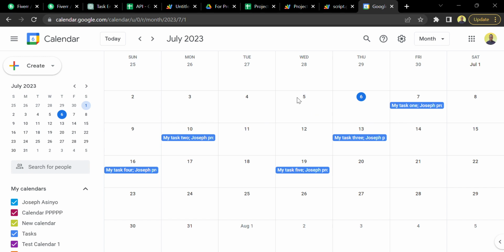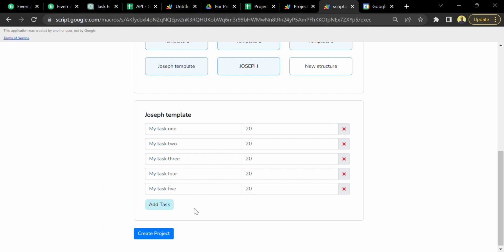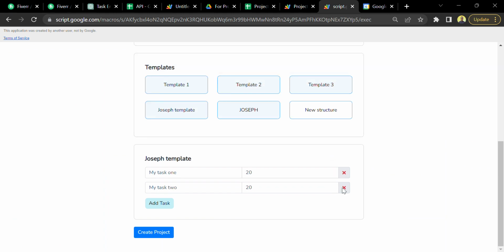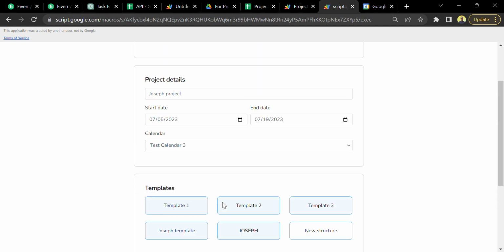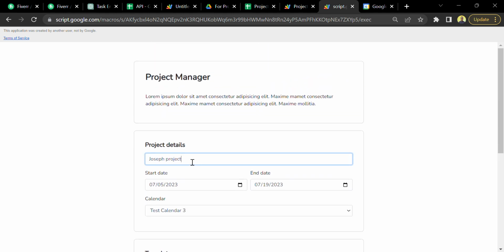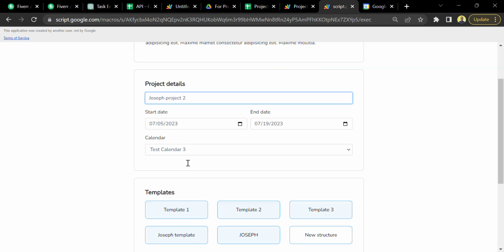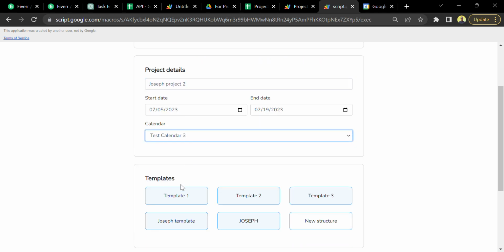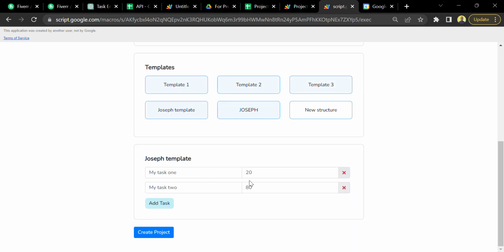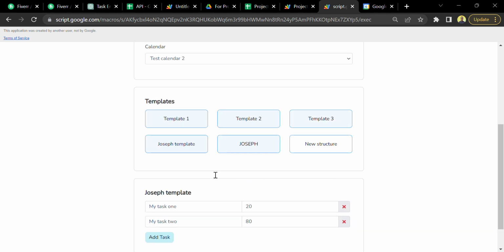It starts on the 5th of July. 1 2 3, 1 2 3, 1 2 3, 1 2 3, and then 1 2 3. So this is a simple example to check that all the projects are added exactly. All the events are added exactly where they're supposed to be. So here, if I create a new project, this time on calendar 2 with this structure, so 20% of 15,